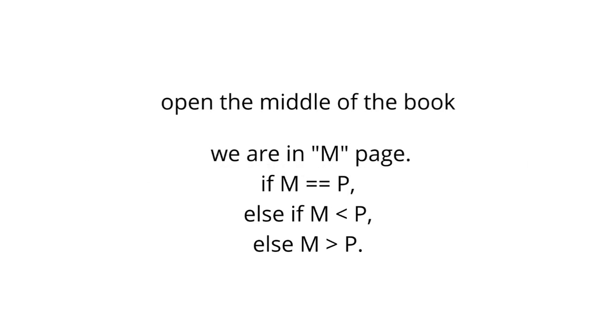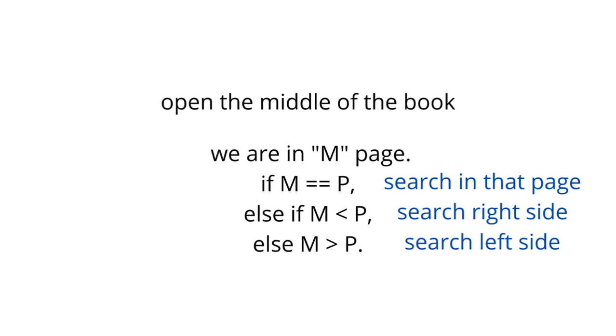the book, and let's say we are on the M page, the letter M. We first see whether M is equal to P or not, or else we see whether M is before the P or after the P. So according to that we do another step: if it's equal to P, if it's the P,